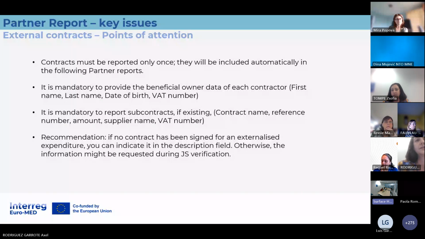Because if there is no contract, we are not sure whether there wasn't any contract signed, or whether it's just a mistake and you forgot to upload it to GEMS. So it's better if you specify it when you make the description of the expenditure.